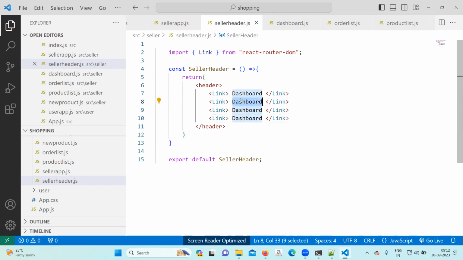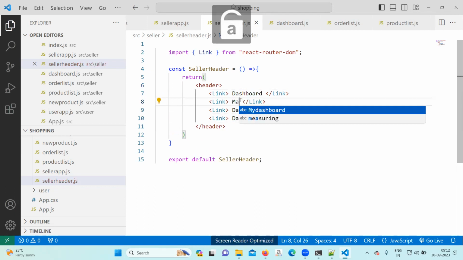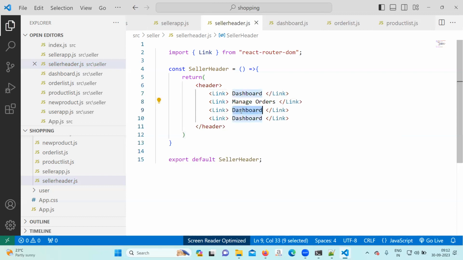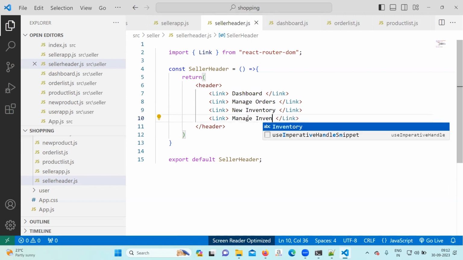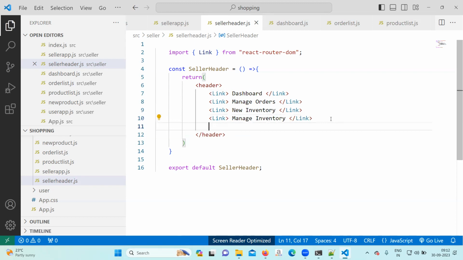Okay. Dashboard, Manage orders, New inventory, Manage inventory.